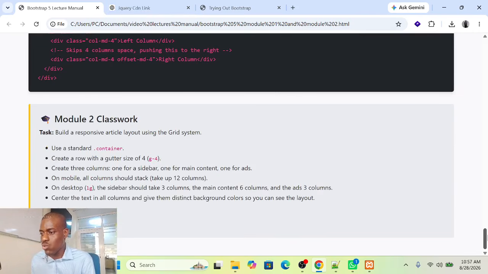Now we have a little classwork here. We say build a responsive article layout using the grid system. Use a standard .container. Create a row with a gutter size of g-4. Create 3 columns, one for the sidebar, one for the main content, one for ads. Are you seeing that? On mobile, all columns should stack and take up 12 columns. On desktop, the sidebar should take 3 columns, the main content 6 columns, and the ads 3 columns, and center the text in all columns